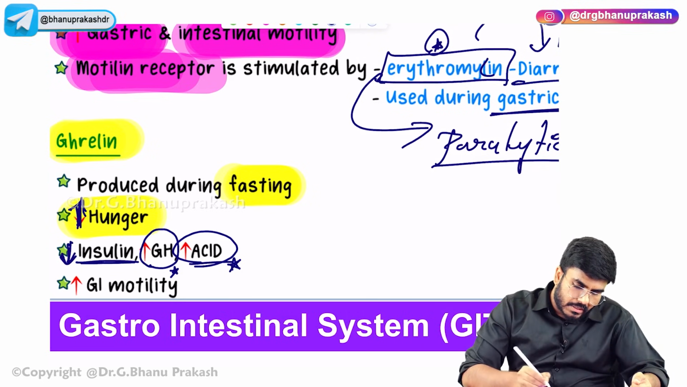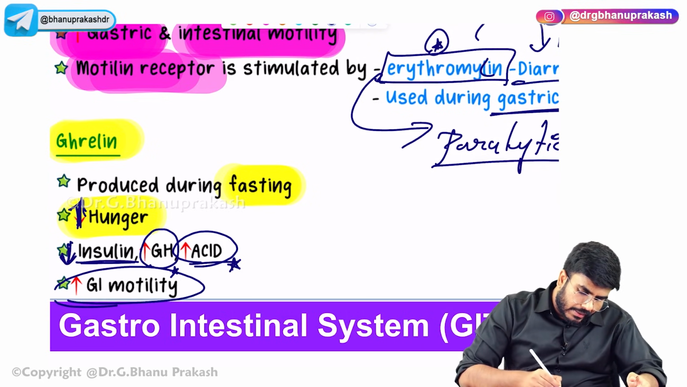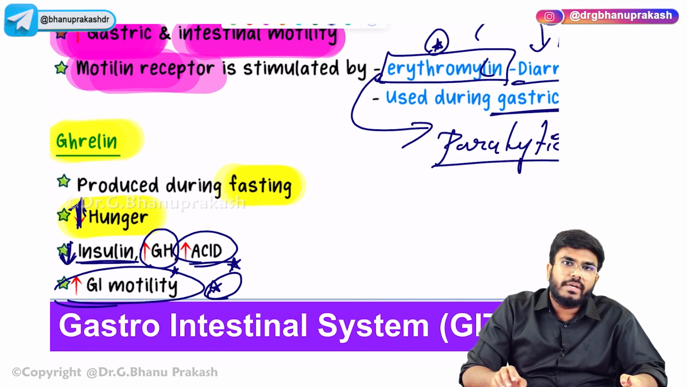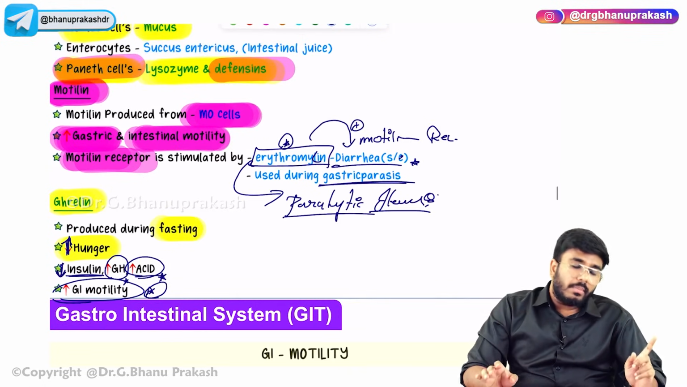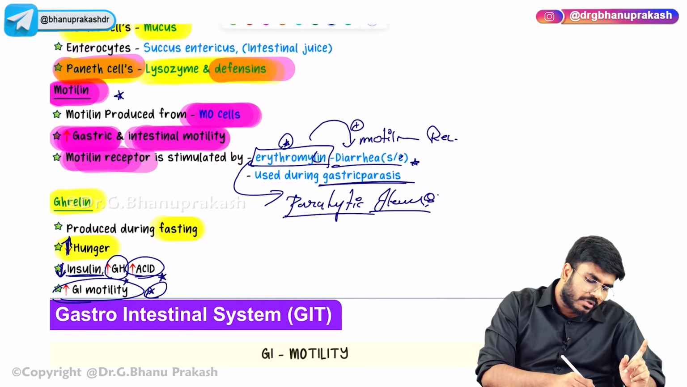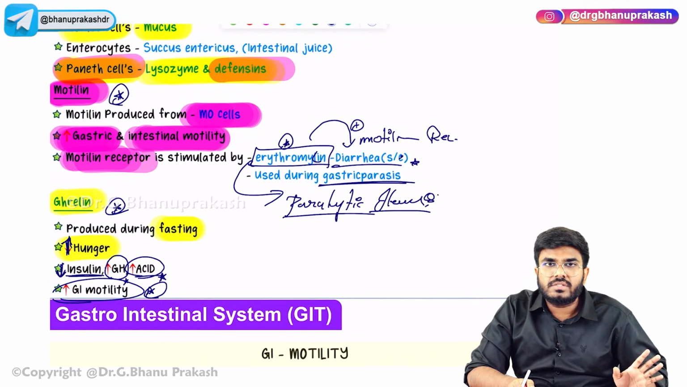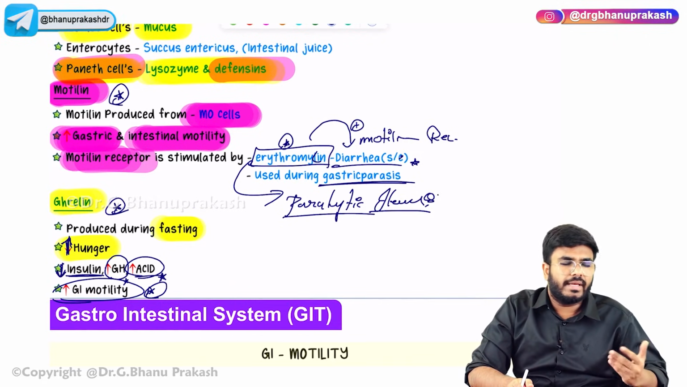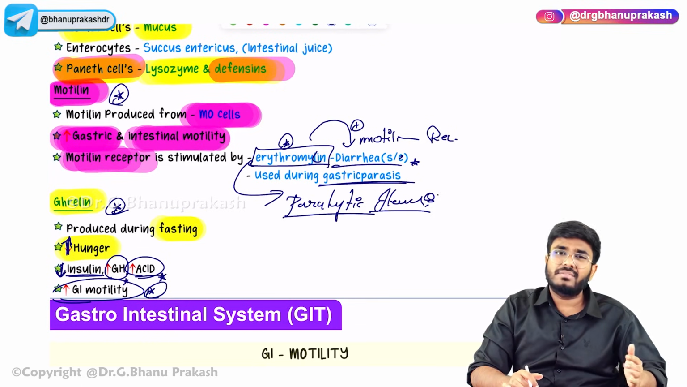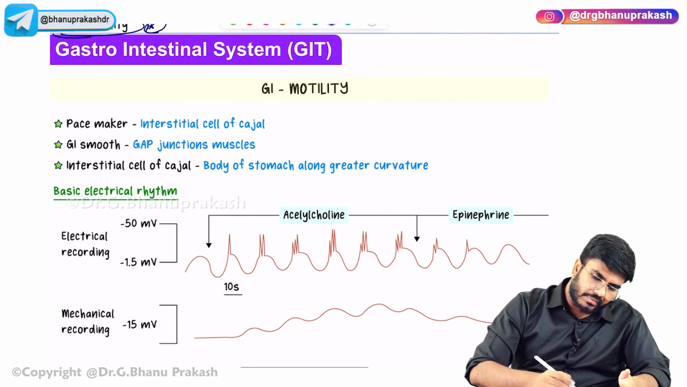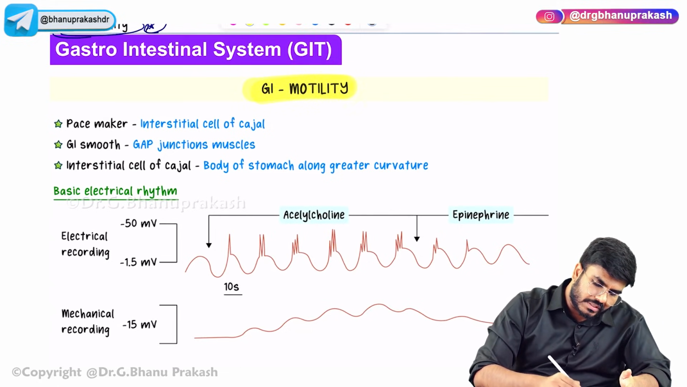Next, ghrelin increases the acid and ghrelin also increases the gastrointestinal motility, that is, gastric motility and intestinal motility. Look here, motilin increases the gastrointestinal motility and ghrelin also increases the gastrointestinal motility. If someone asks you who increases the gastrointestinal motility: ghrelin as well as motilin. Now, the next topic which I want you to know is the GI motility,